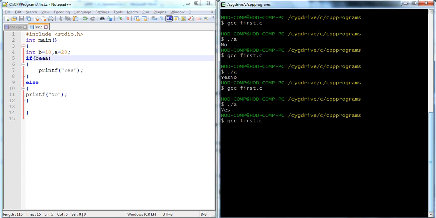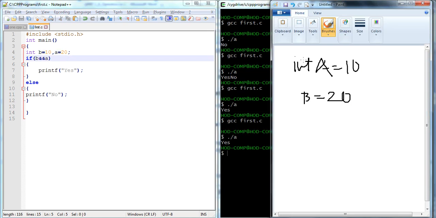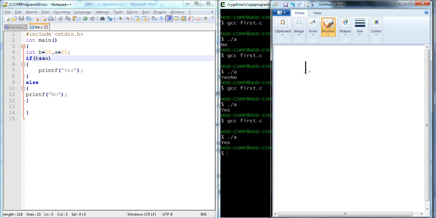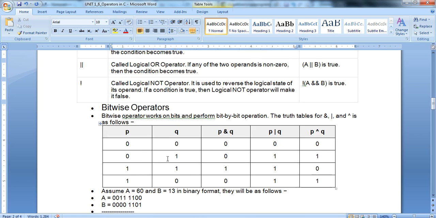Now, yes, how exactly does it work? 1 and 1 is 1. If we go with the example here, 1 and 1, right? That's why it prints 1.